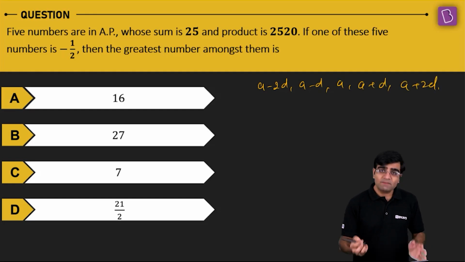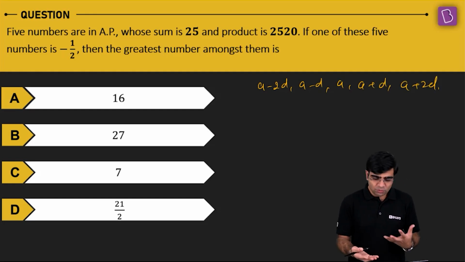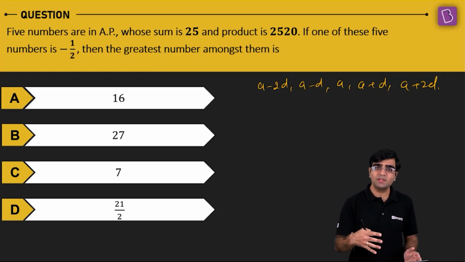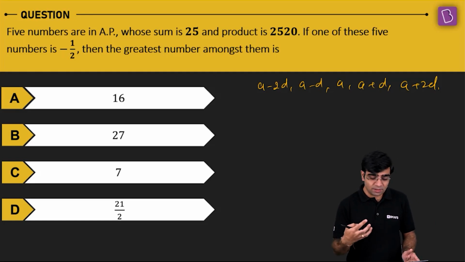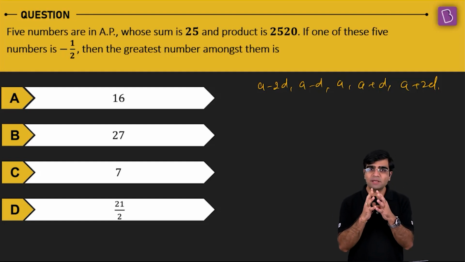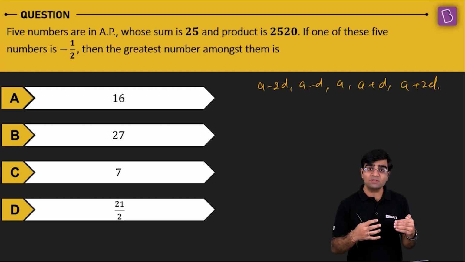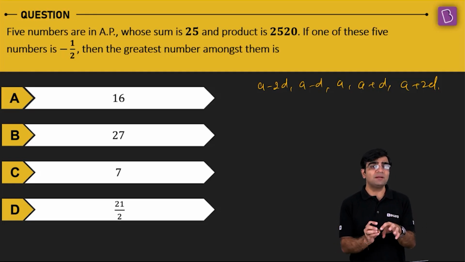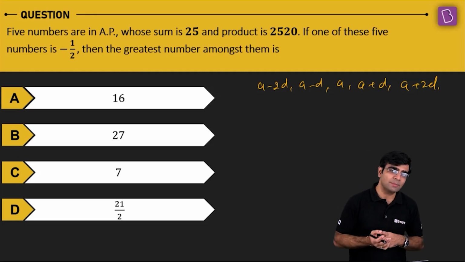See, if I would have been a student, this is the first thought which would have come to my mind, that if they have to choose 5 numbers in AP, I will surely be doing that, right? Because this makes my calculation much easier. All right, so just keep that in mind, what exactly the statements or the hints that you are getting, right? I'm sure everyone must have studied it. It's just that these kinds of linkages you have to establish so that this thing should strike you in the examination hall.